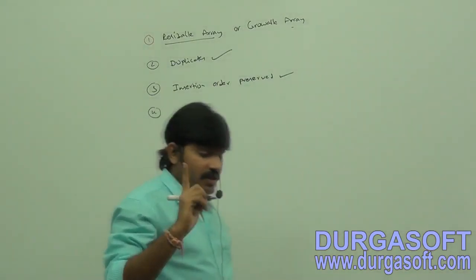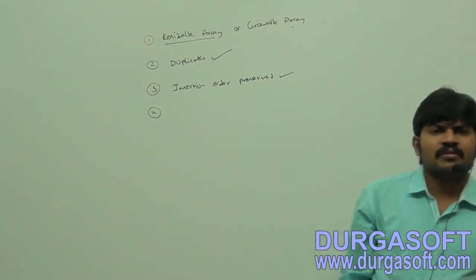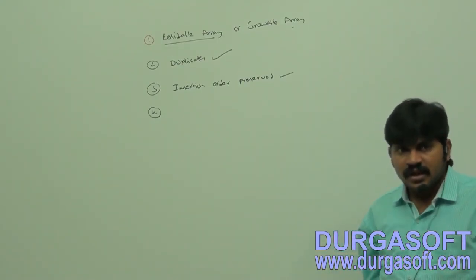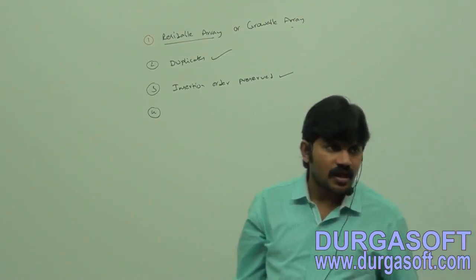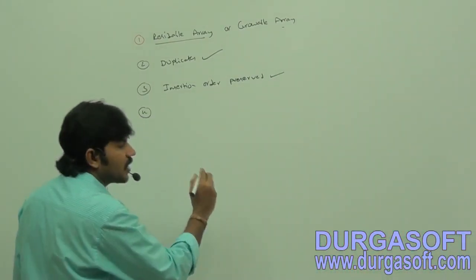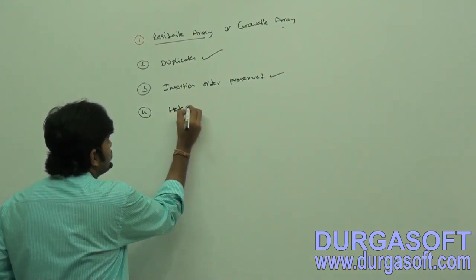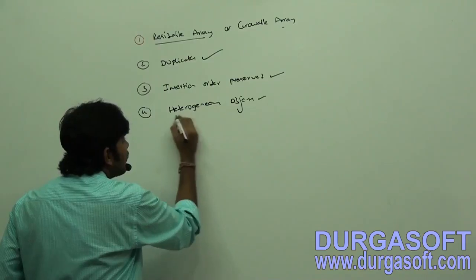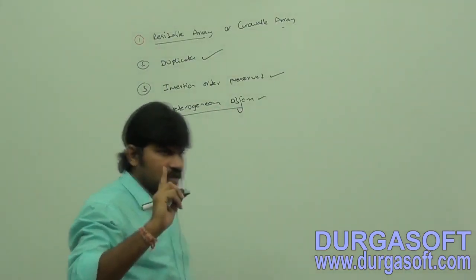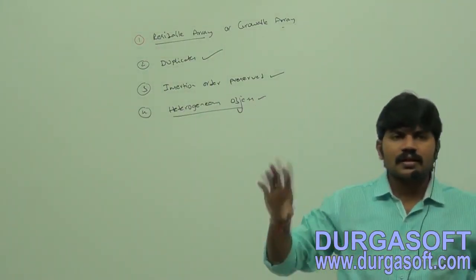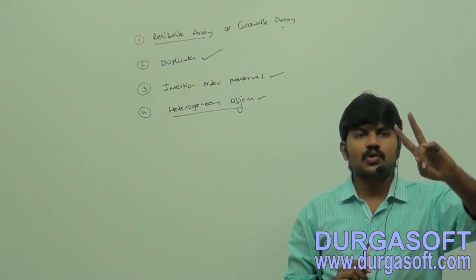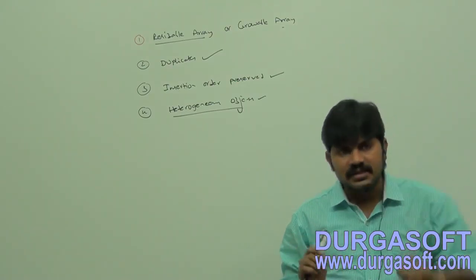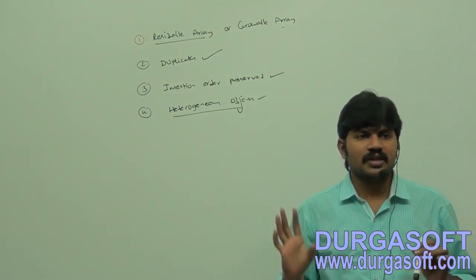Fourth one, listen a bit carefully. Can ArrayList hold heterogeneous objects or not? Yes, ArrayList can hold heterogeneous objects. But here one small clarification I have to cover. In the total collection framework, there are two areas where heterogeneous objects are not allowed. Except these areas, in all the remaining ones heterogeneous objects are allowed.